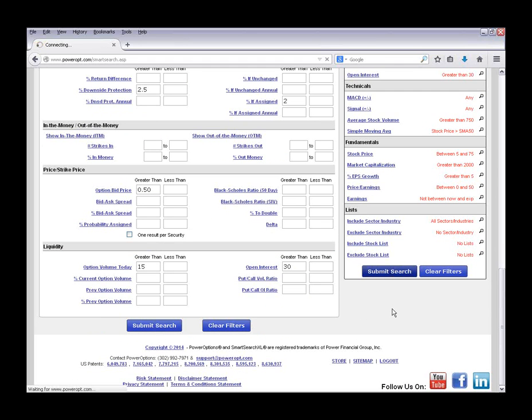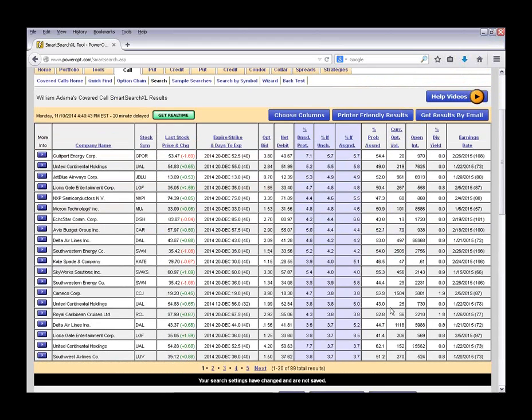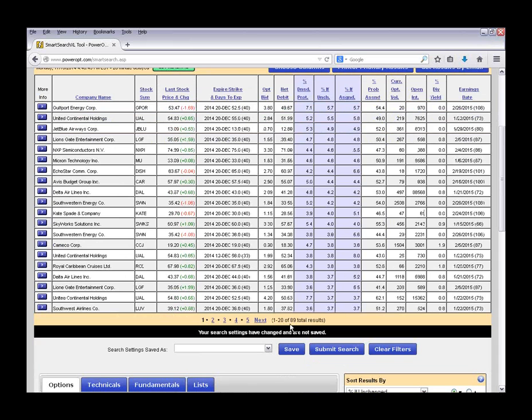Let's go ahead and submit this search and see what we get for our trading results. Well, on the first page, we see our top 20 results here, and down below we see that we have 89 total covered call results. So out of the total universe of options, roughly 4,500 optionable stocks and ETFs, we don't